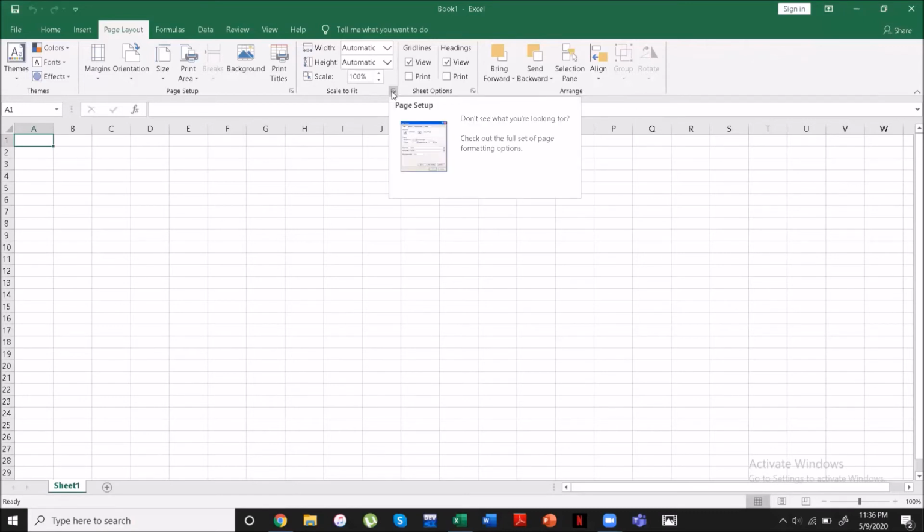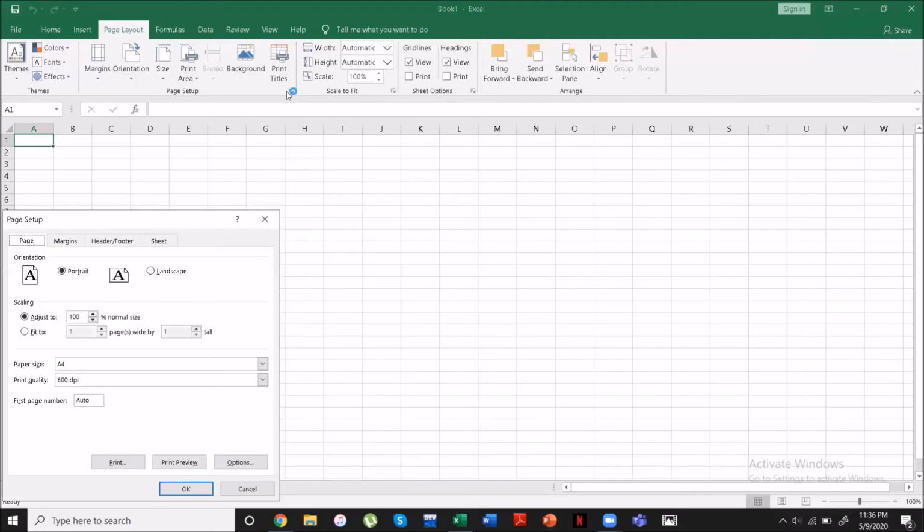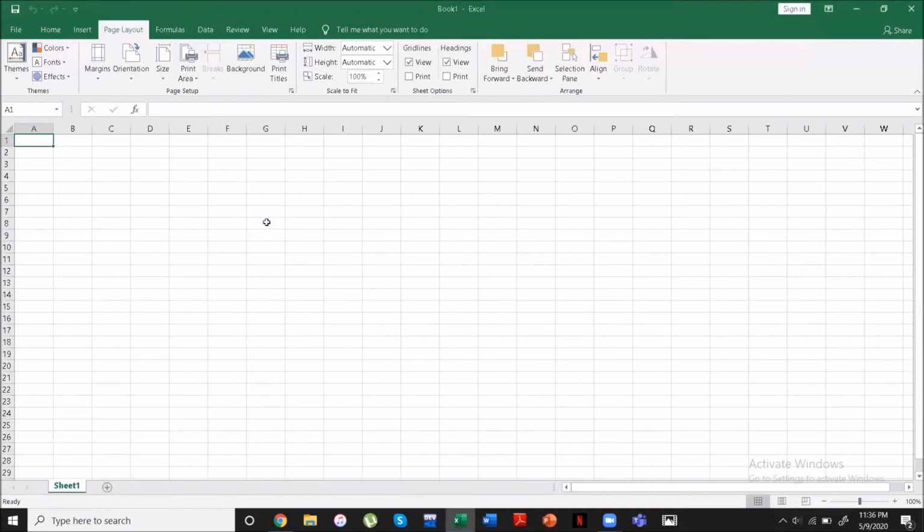So what Microsoft has done here is that they've tried to fit all of the page layout options on this ribbon. But of course, there's a limited amount of geography and space that they have to work with. So sometimes they can fit everything in a small little group. Sometimes they can't. And if they can't, there's a launch button that you can click to get even more. So that's why we have a launch button in some groups and some don't. Okay, I think it's important to start with that terminology because I'm going to be using it throughout this tutorial.